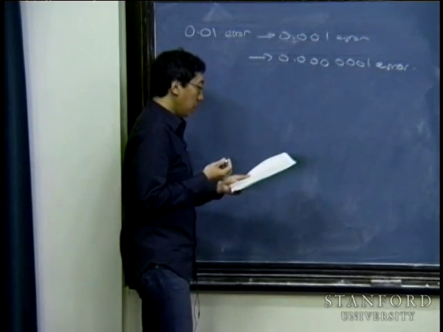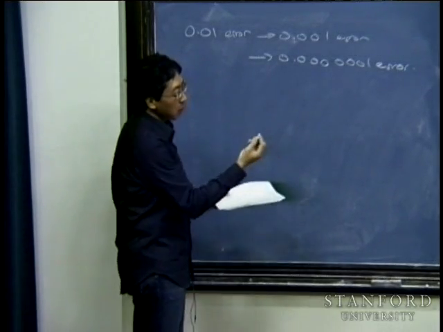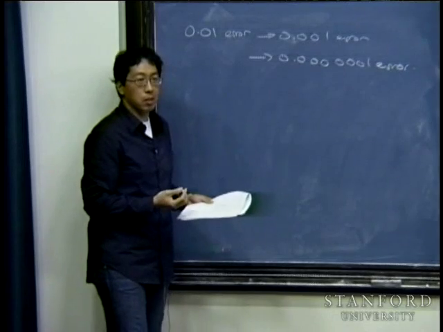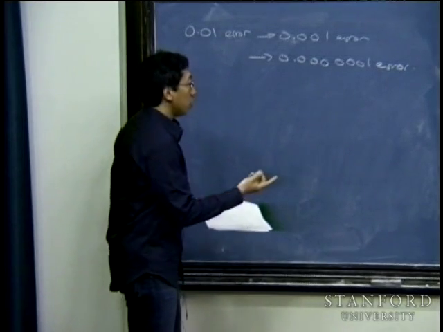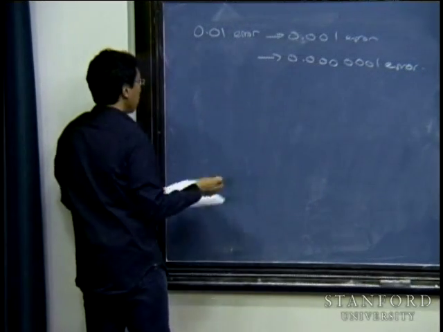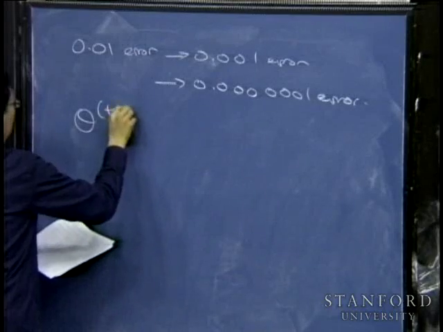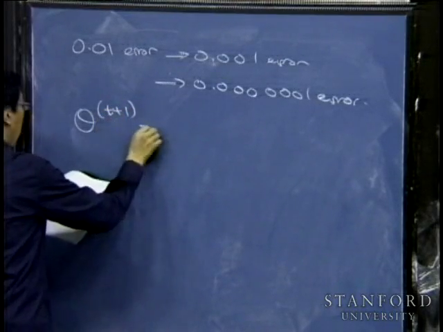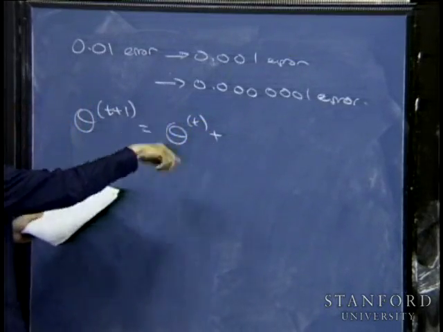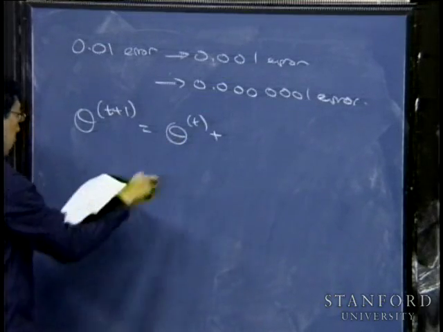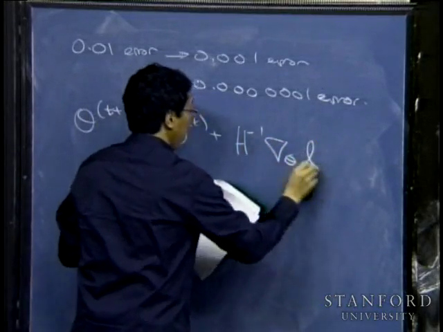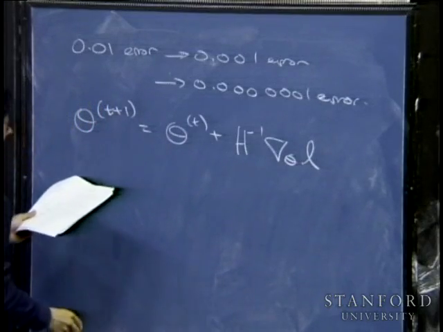So one thing I should talk about, which is what I wrote down over there, was Newton's method for the case of theta being a single real number. The generalization to Newton's method for when theta is a vector rather than just a real number is the following: theta t plus 1 is theta t plus, and then we had the first derivative divided by the second derivative. And the appropriate generalization is this, where